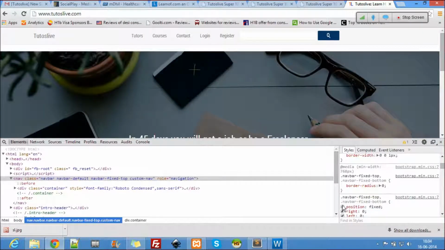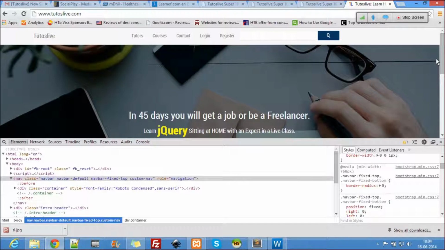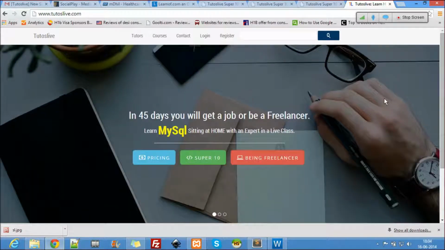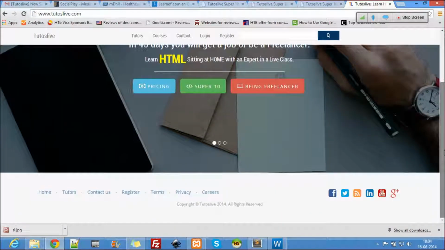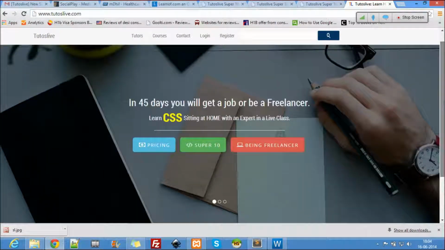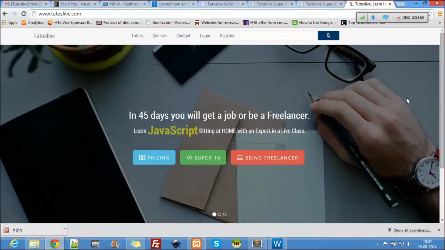So where is it used? Position fixed, when you want the navigation bar to be fixed at some place, then you use position fixed. Remember this. Navigation, or it can be anything, but mostly it is used in navigation. If you want a fixed navigation at the top, it's fixed. And sometimes they use it with images too.